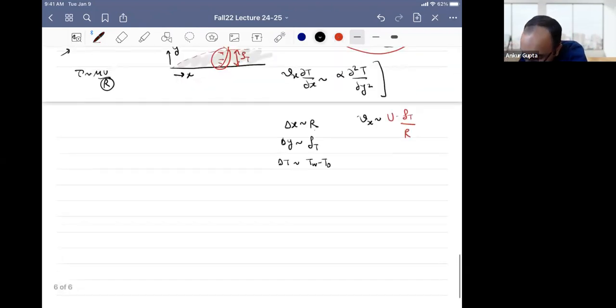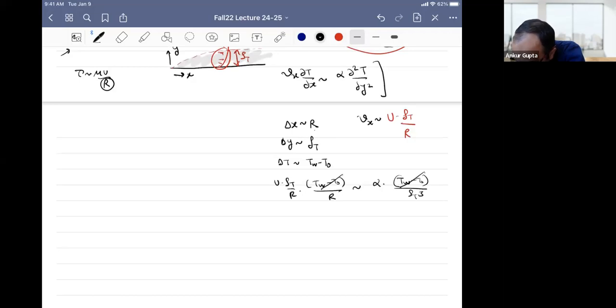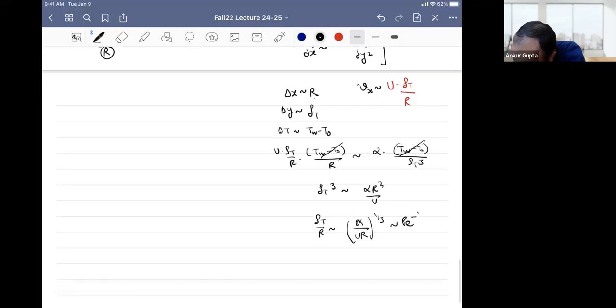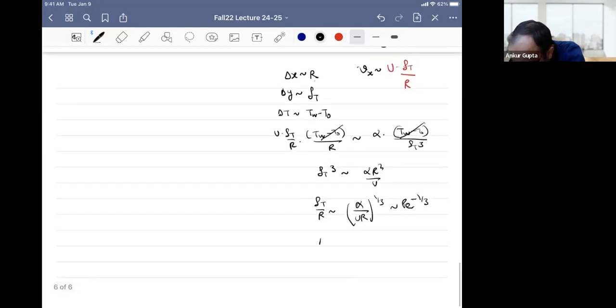So let's do this. We'll get u delta T by r times T wall minus T naught by r, another r here, then alpha times T wall minus T naught over delta T cubed. This cancels out. You get delta T cubed is alpha r squared by u, or delta T by r becomes alpha by u r to the power of 1/3. It becomes the Peclet number to the power minus 1/3. Or finally, the Nusselt number becomes